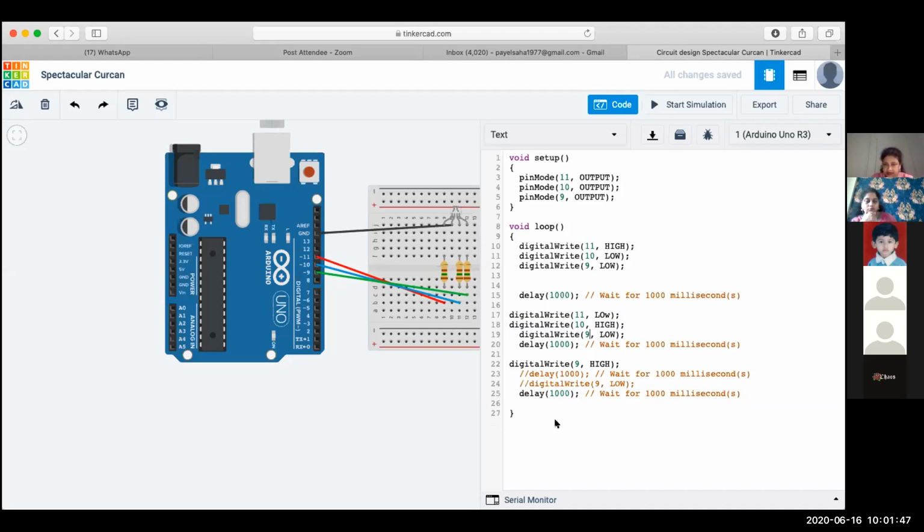Correct? Now in the third part, green is high, but when green is high, pins 10 and 11 should be low. So now can you tell me what this code is doing?